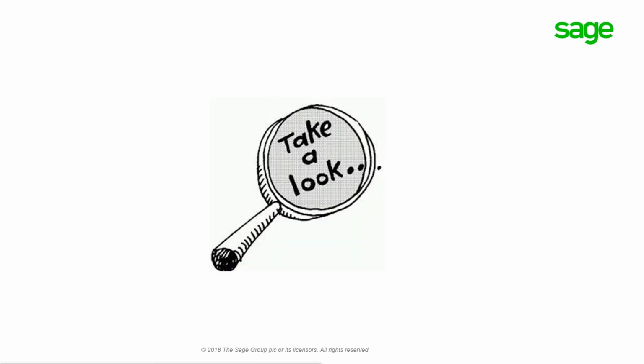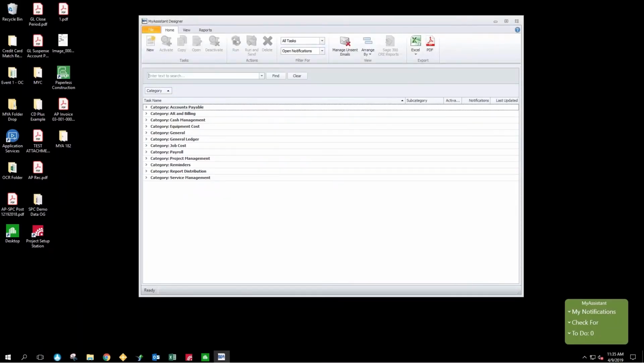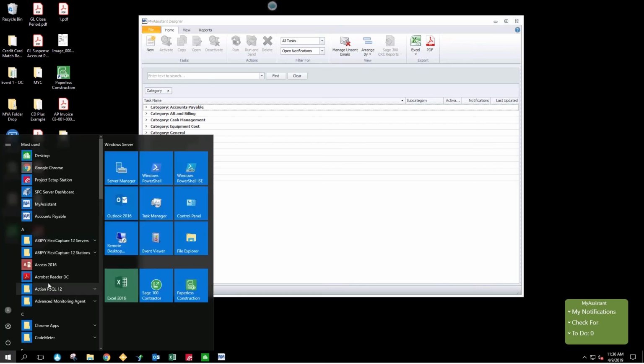And with those examples, let's jump on over into MyAssistant and take a deeper look. One moment while I pull up my server here. So as we jump over to my 300 server, I have MyAssistant pulled up automatically. However, there may be different instances where you can pull that up from different places from your actual workstation. Specifically over in the Start menu,